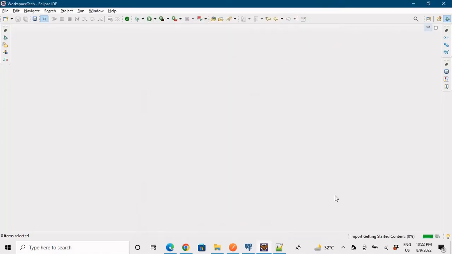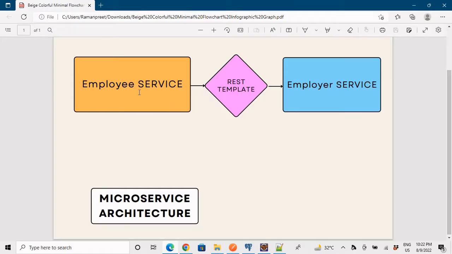Now I'll finish the project and the project would get created and imported. So we have to wait for a few minutes. So right now what I am doing is I'm developing the employer service, right? Now employee service would be interacting with the employer service, right? So the employer service would be deployed on the Eureka server and pointing to a database as well,